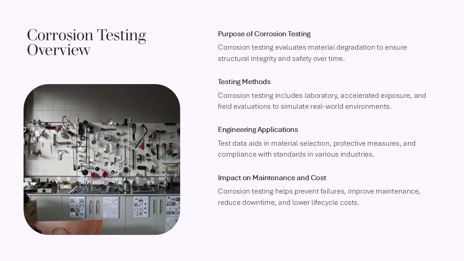The process typically involves controlled laboratory testing, accelerated exposure methods, and field evaluations that simulate real-world environments such as marine, industrial, or atmospheric conditions. By systematically studying corrosion mechanisms, engineers can identify vulnerabilities in design, improve maintenance strategies, and reduce lifecycle costs. Corrosion testing also plays a major role in quality assurance, helping verify that materials and coatings meet specification